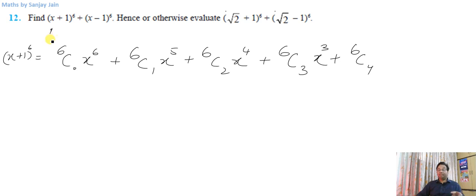I'm treating x as my first term here. 1 plus x, that is the other way around. What I'm doing here is raising 1 with 0 and x with n minus 0, or 6 minus 0. So 1 with 0, 1 with 1, x with 6 minus 1. So these ones I am not writing. This is what I'm saying.